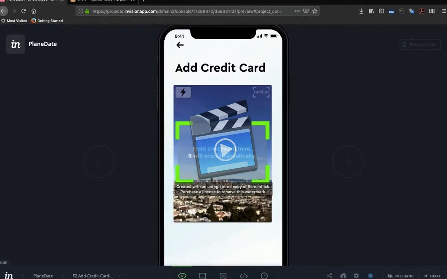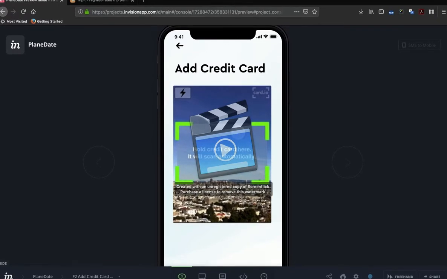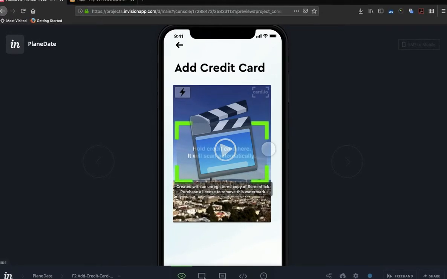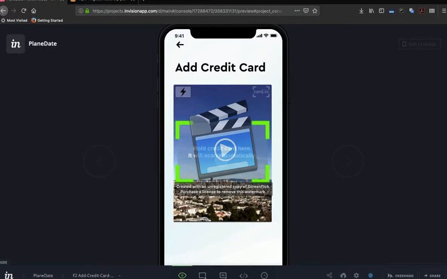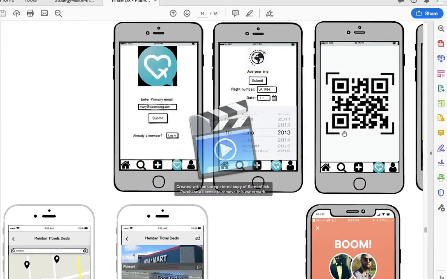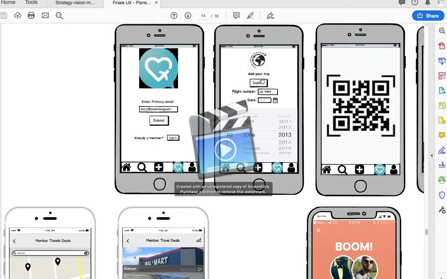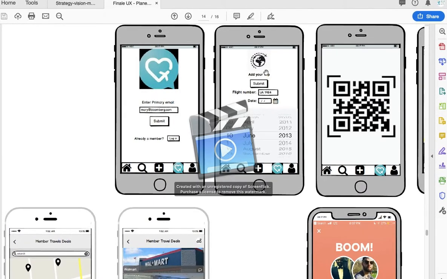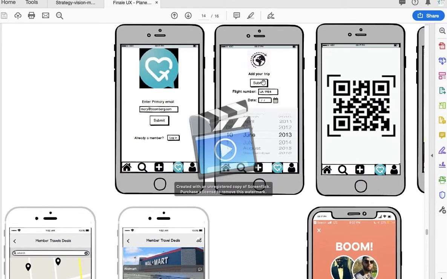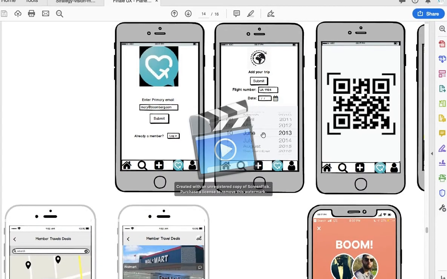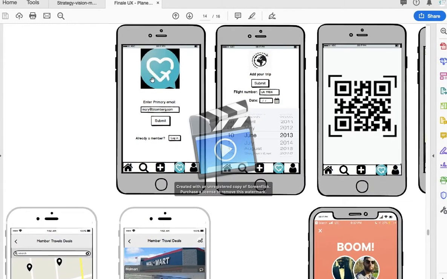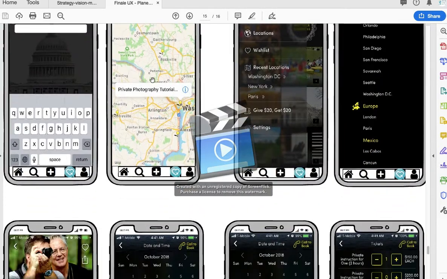In this case, instead of scanning a credit card, they'll be scanning their ticket, travel ticket. So be it airline ticket, train ticket, or bus ticket. When they scan the QR code of that ticket, it will pull in all their travel details. So that's for this screen. And this one is, like I said again, the manual mode where they manually add their trip, which I think you already have that screen, so you don't have to redo it. And this mode is the trip it one. So that's pretty much the only thing missing.